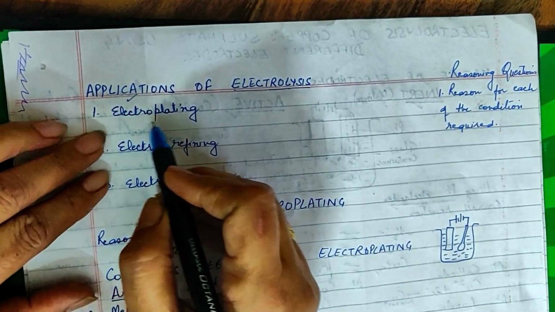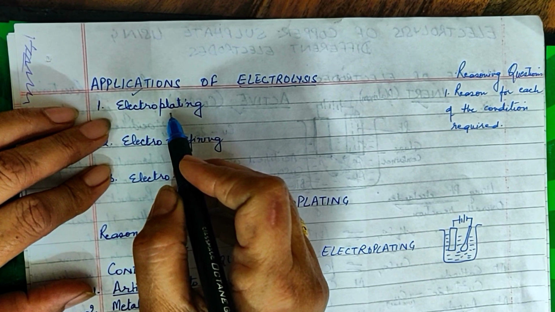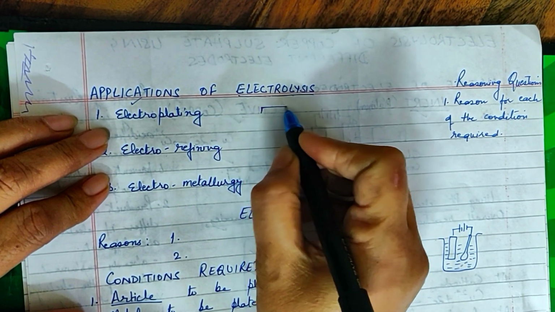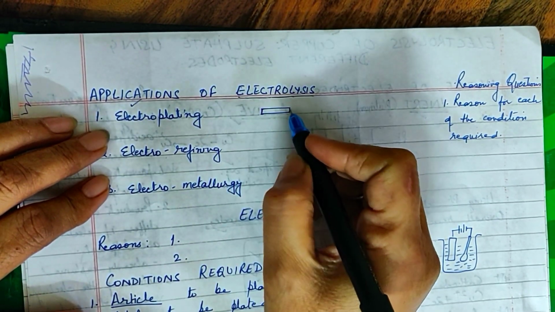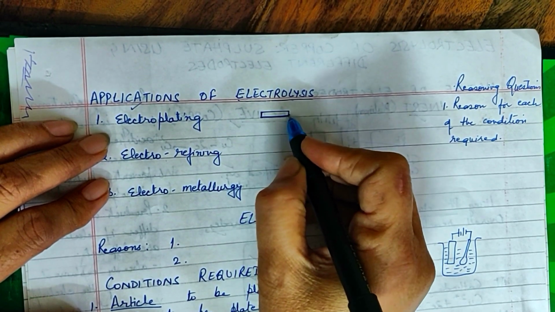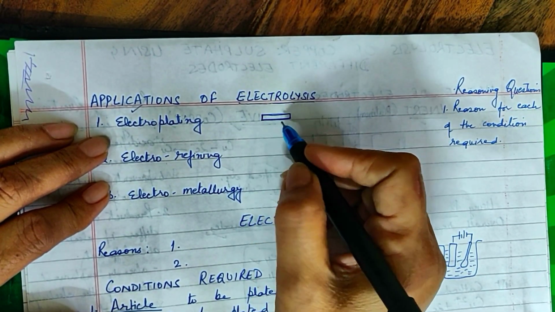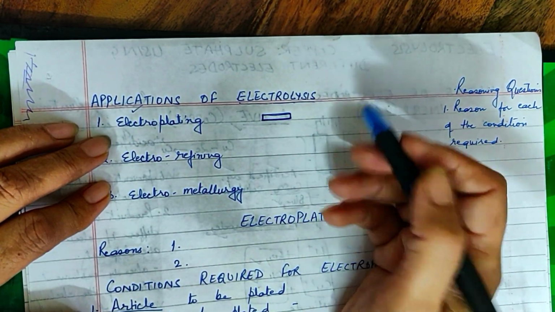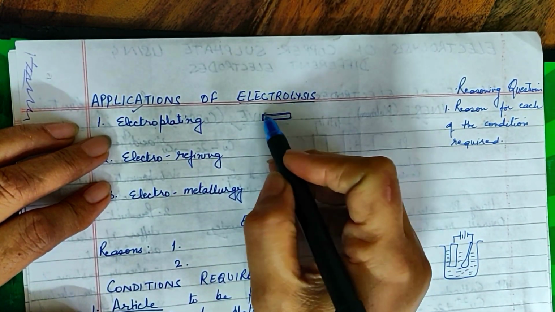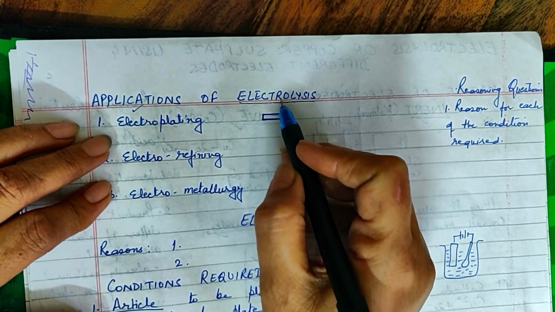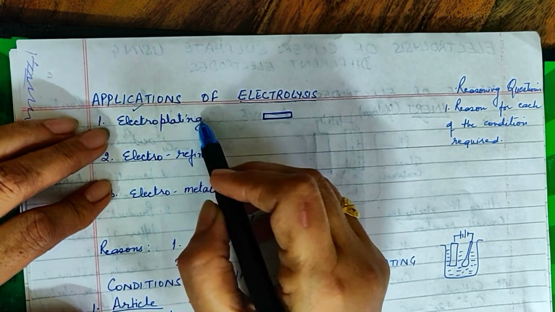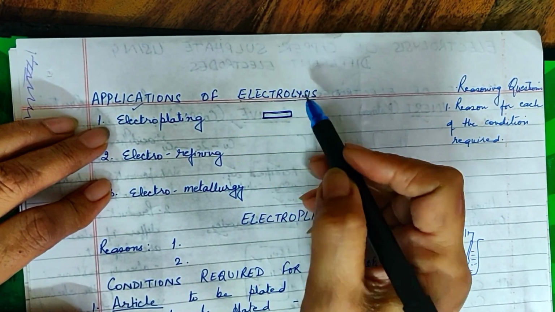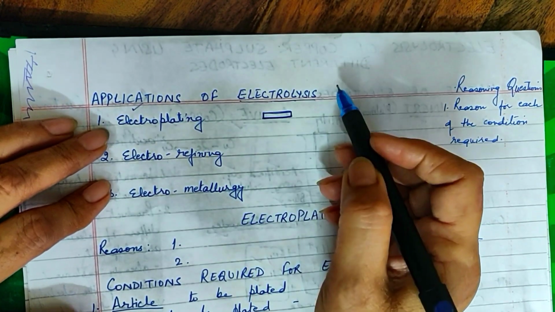Anyway, electroplating. The meaning of electroplating is covering of a superior metal over an inferior metal. I'll take an example. Suppose we have a piece of jewelry which is made up of, say, iron. The piece of iron jewelry will not look very good. It will not look very appealing. So in order to improve the looks, we cover it with either gold or silver or nickel or any such thing. That covering of silver over this metal using the technique of electrolysis is known as electroplating. Plating means covering. Covering of a superior metal over an inferior metal using the technique of electrolysis is called electroplating.